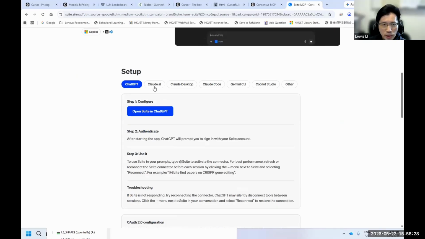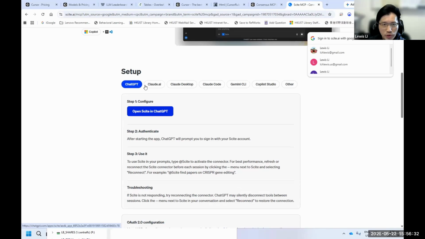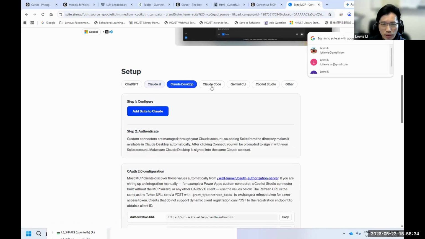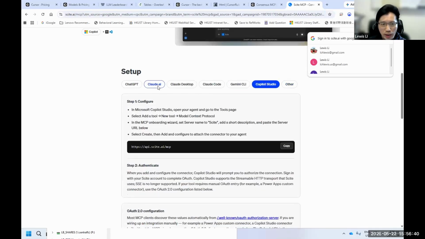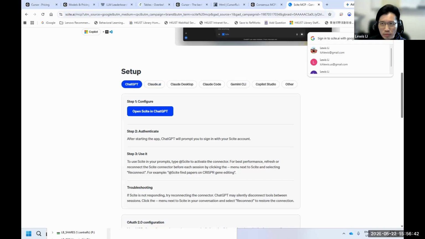Down here, you can see ChatGPT can connect to Scite. You just click and it will automatically connect for you, and also Claude, and other platforms. It will show you how to connect to Scite in order to search with the chatbot.